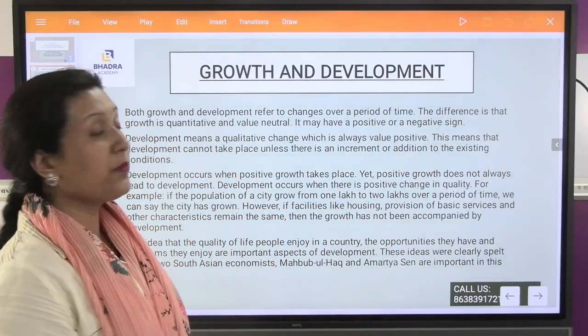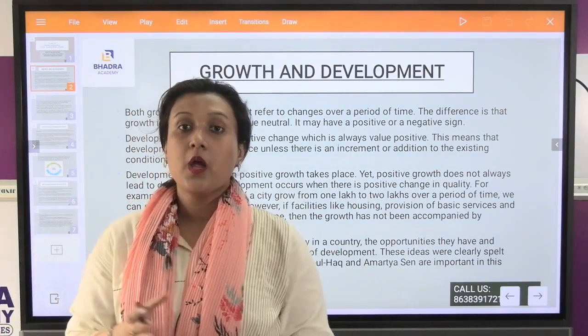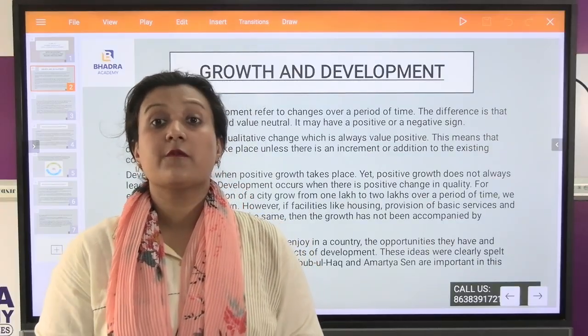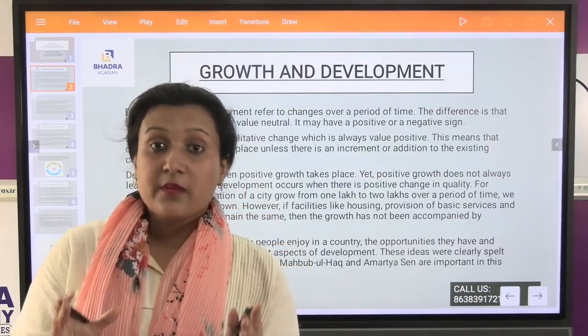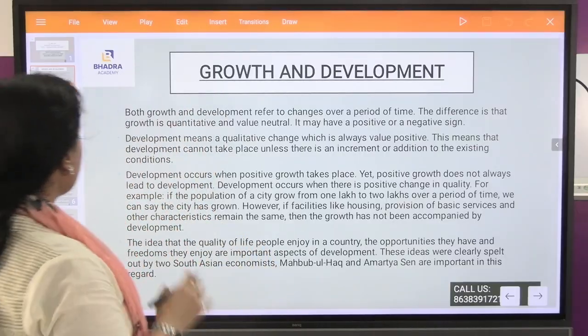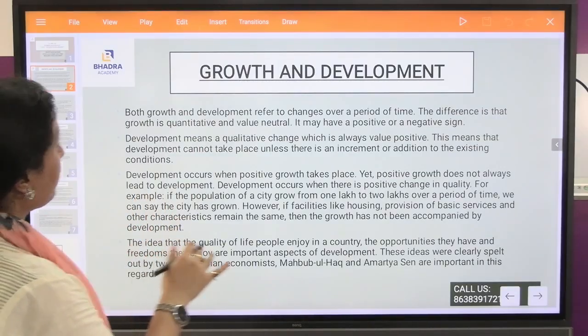Here, what do you mean by growth and development? Now you see, if I talk about growth and development, both are different. Growth is different, development is different, both have a different approach. Now how are they having a different approach? Though they have a similar mentality, similar thinking, their approach is different. You see, if I talk about growth and development here,